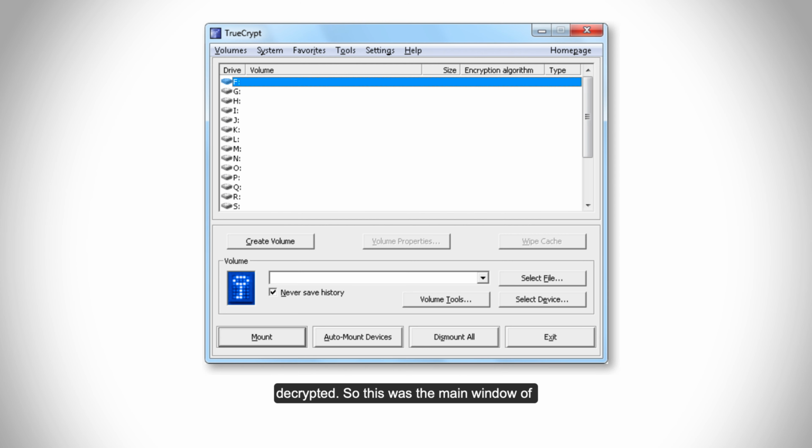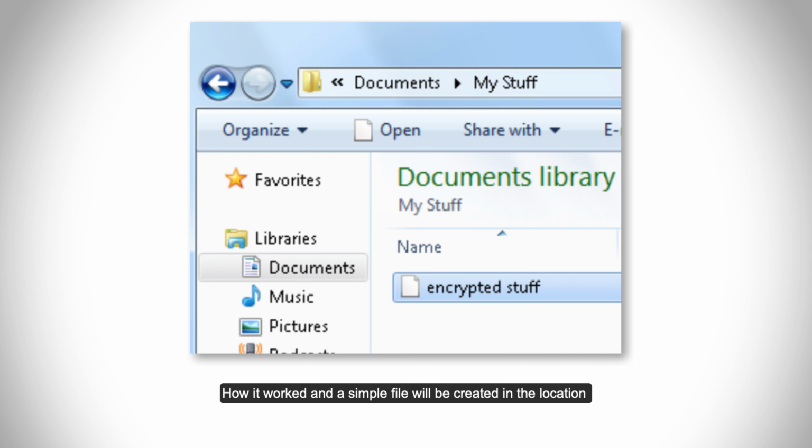So this was the main window of TrueCrypt, wherein you have to select a volume and select the file, and you can encrypt it and even mount, unmount devices and dismount all the files. So this is how it worked, and a simple file will be created in the location which will be encrypted and which cannot be opened by anything else but TrueCrypt.